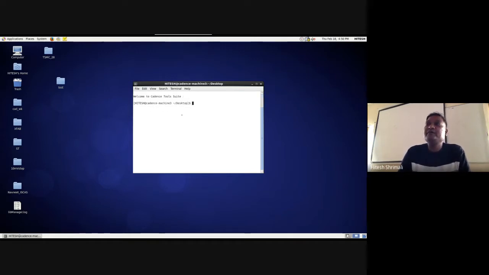Once you do that, this terminal has access to all the commands of Cadence. That sourcing of cshrc was for, you can see here on top, welcome to Cadence tool suite, right? So that shows that you are in the Cadence tool.